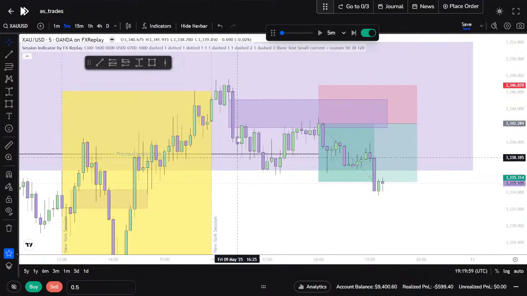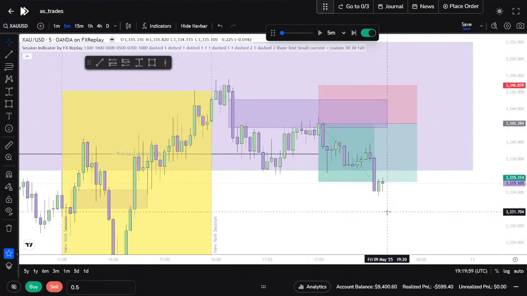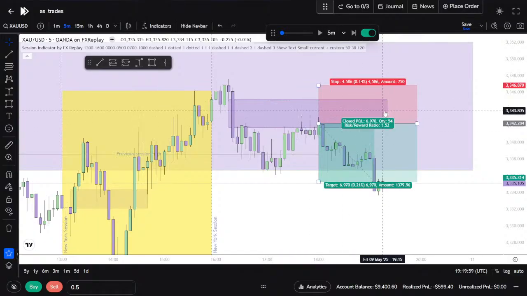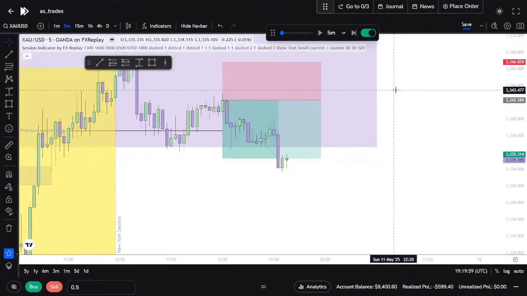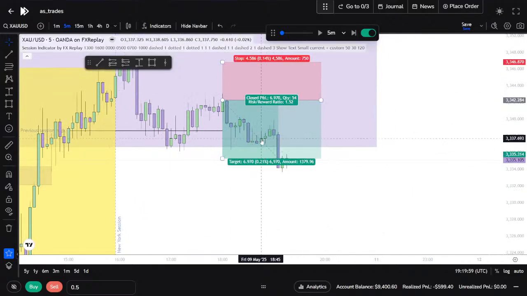As you can see, look at what happens every single time price taps into it. Taps into it, and it's down. Well, it doesn't really tap, but gets close, down. Taps into it here, down. Taps into it here, consolidates a bit, and then down. So that's why I took this trade. I didn't take the trade, but I just marked it out.